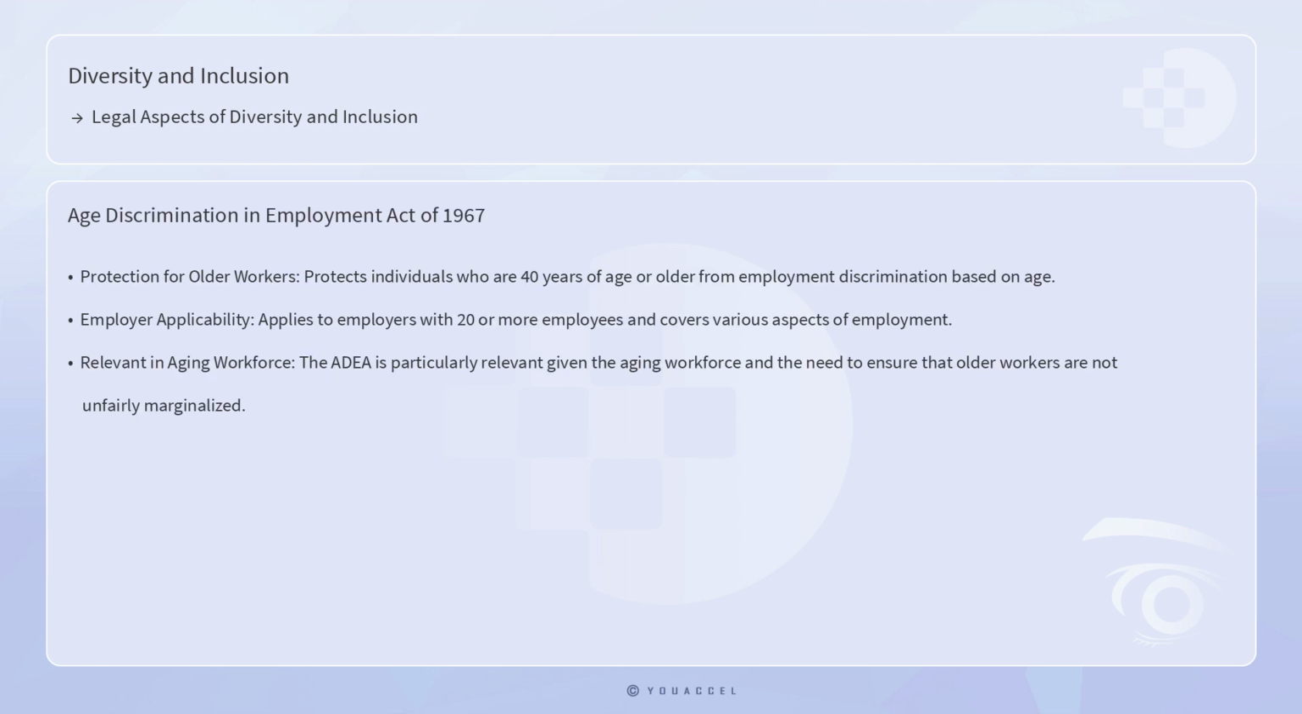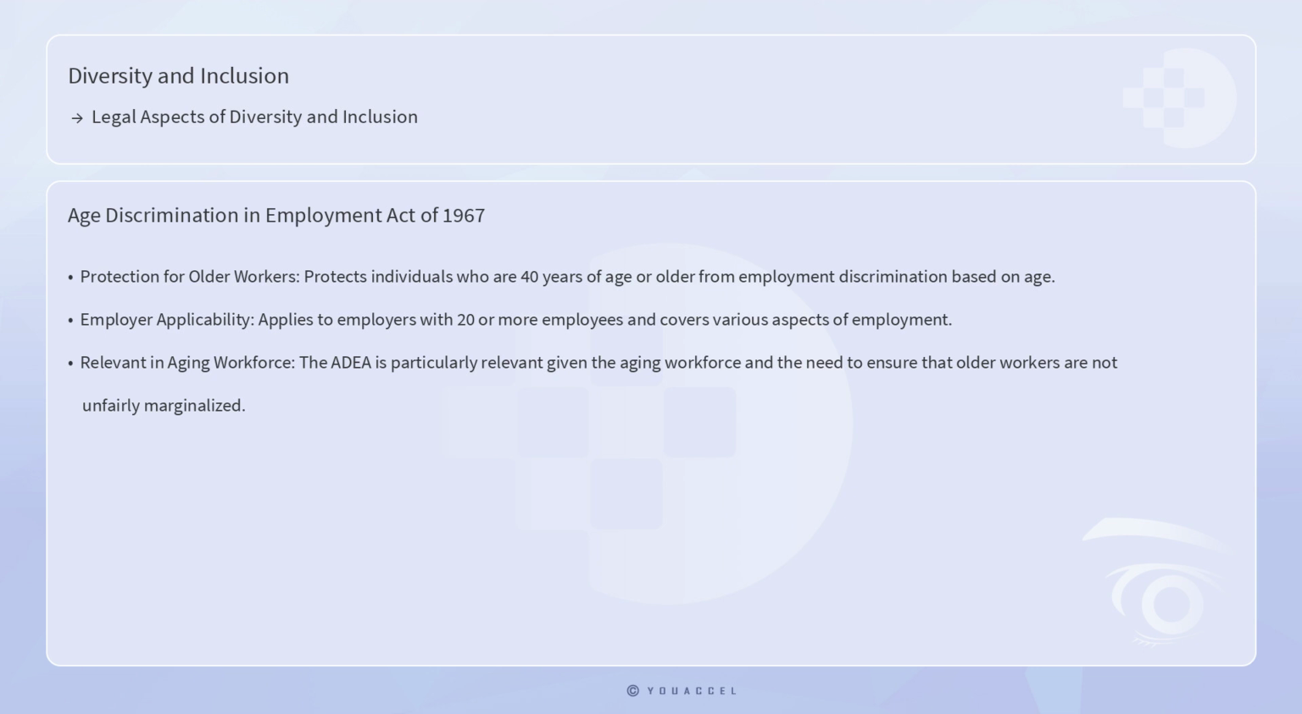In addition to Title VII, the Age Discrimination in Employment Act of 1967 protects individuals who are 40 years of age or older from employment discrimination based on age. The ADEA applies to employers with 20 or more employees and covers various aspects of employment, including hiring, firing, promotions, and compensation. The ADEA is particularly relevant given the aging workforce and the need to ensure that older workers are